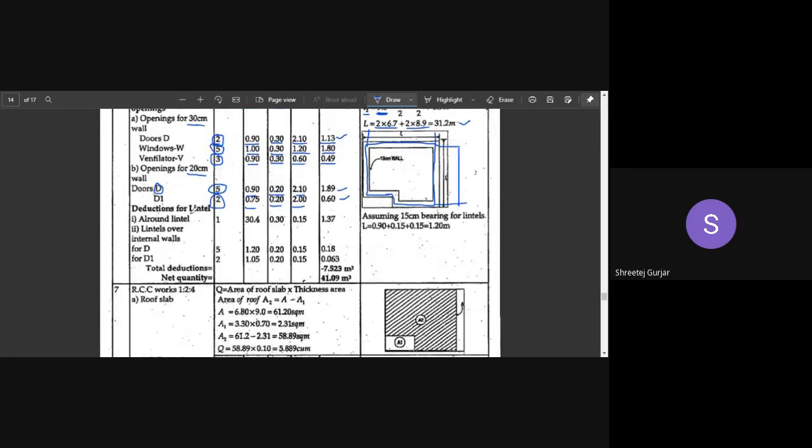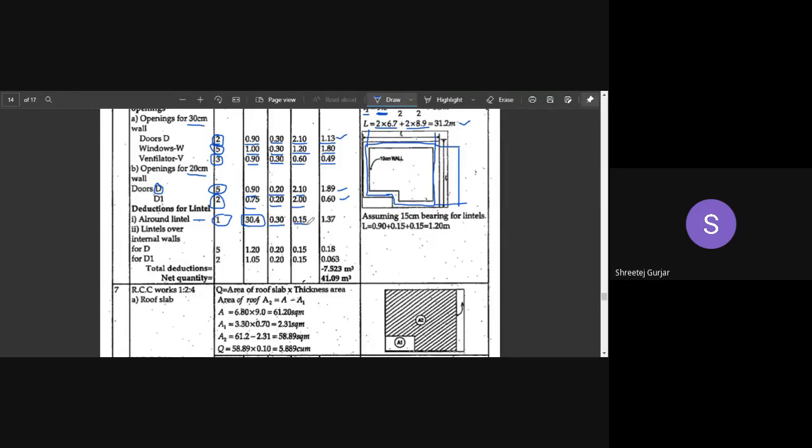Okay, we have to deduct for lintel, and we have been told that lintel is all around lintel. It is running throughout, right? Like this, it is running throughout your 30 centimeter wall. So we have to calculate that total length. So 1 in number, right? And the length of my center line for my 30 centimeter wall is 30.4, and no deductions are required in this. And the thickness of my 30 centimeter wall is what we have substituted here.